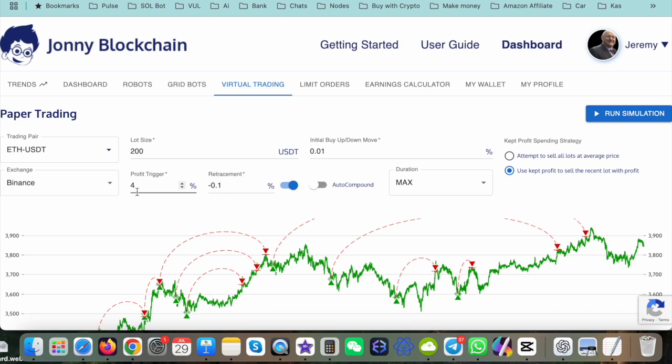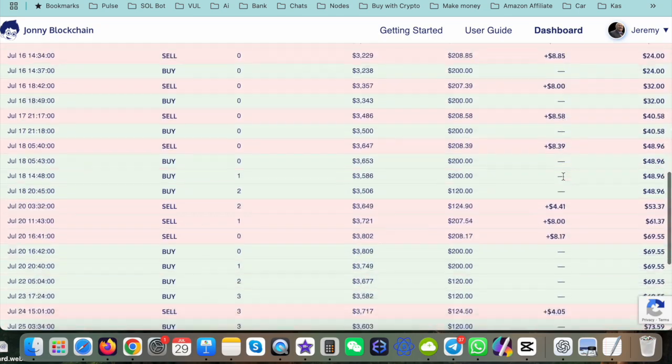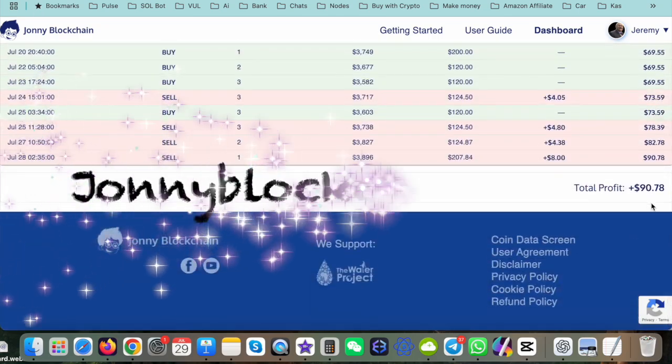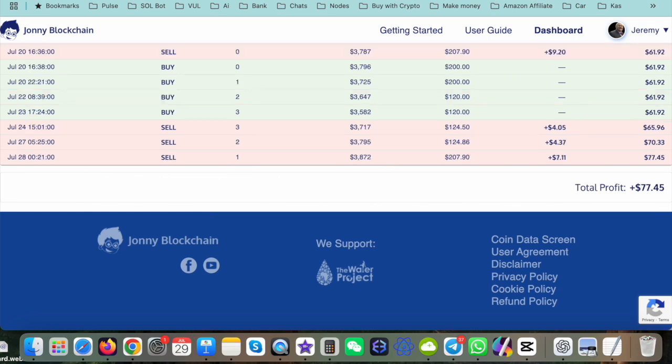And again, $200, again on Binance, take profits 4%. This time I've changed this, attempt to sell all lots at the average price, to use the kept profits to sell the most recent lot. So it's a different setting. And again, let's see what this has done. Lots of trades. Come down. This one's bought back $90.78. The previous one was